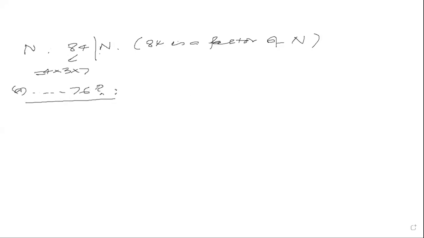Okay, so the question asks about the last 2 digits. And you know, when you do divisibility rules, the last 2 digits play a role when you talk about divisibility by 4. So let's start there. We know that 4 is a factor of n, right? Okay, because 84 is a factor of n. And so now the divisibility rule says, by rules of divisibility,